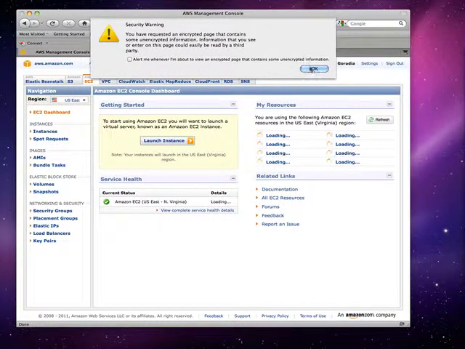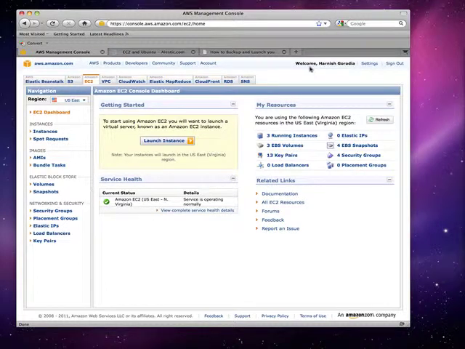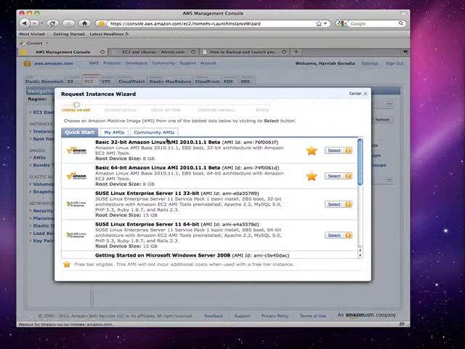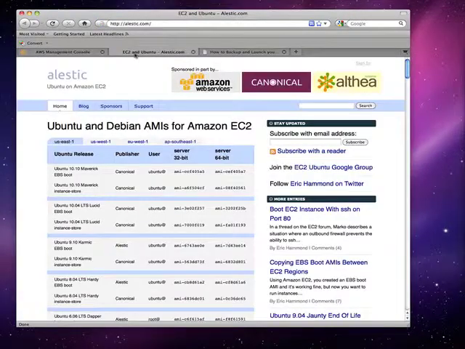So what we want to do is launch an instance. Okay. So here is where I want to install 10.10. I want to install a 32-bit instance. So I'm going to copy this.